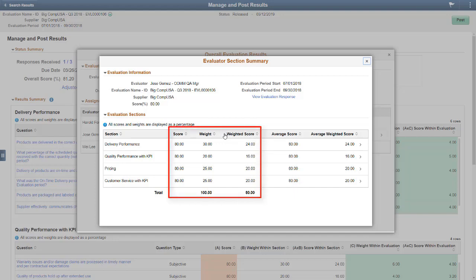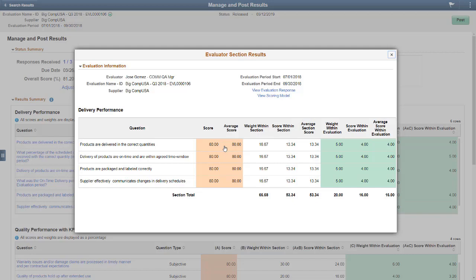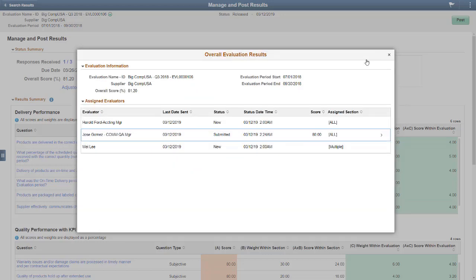The evaluator's scores appear under the Score and Weighted Score columns. The average score for all evaluators are shown under the Average Score and Average Weighted Score columns. Drill down further if you need to review the evaluator's scores for each question within a section. The evaluator's scores for each question within the section are shown with the average scores for all evaluators. Similar drill downs are available at the section and question level to assist you in monitoring and viewing scores and